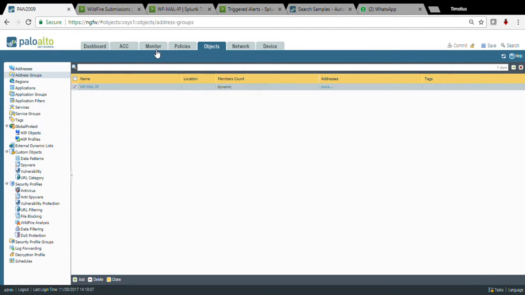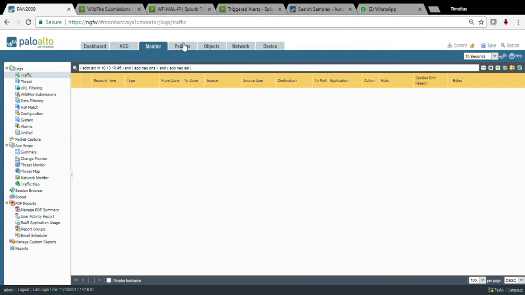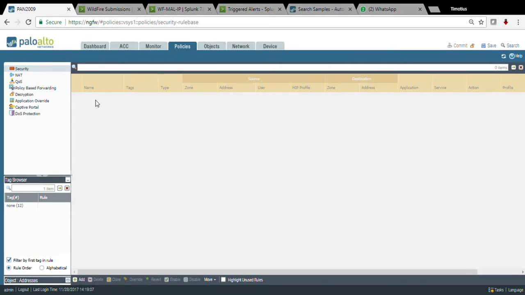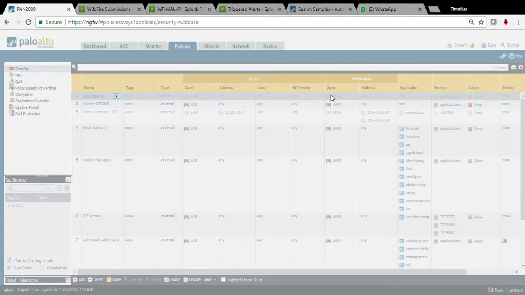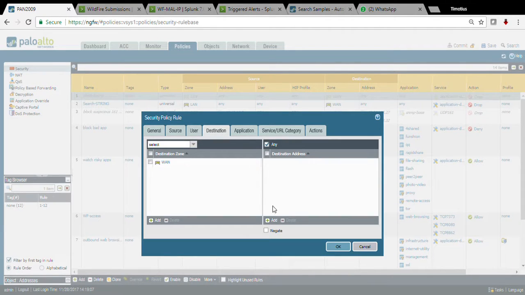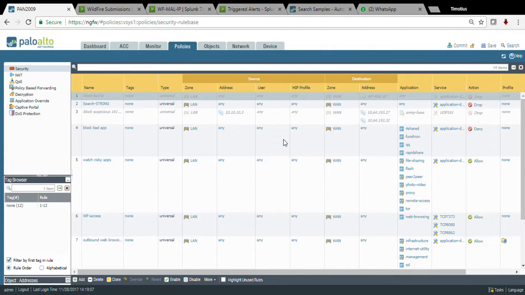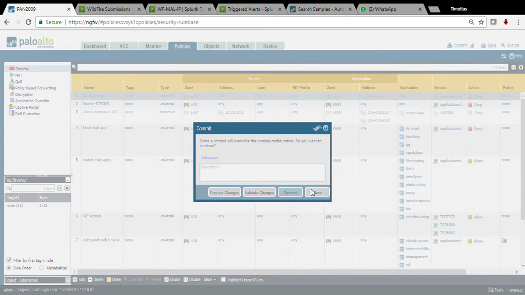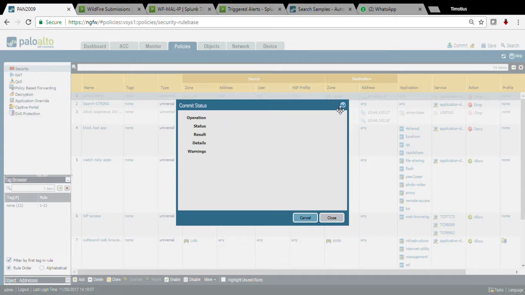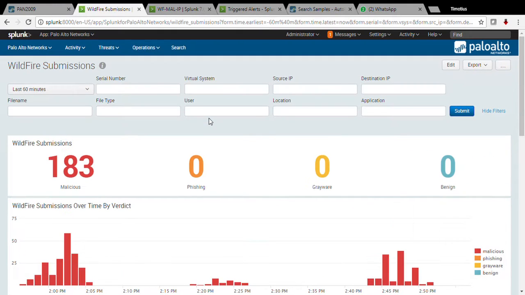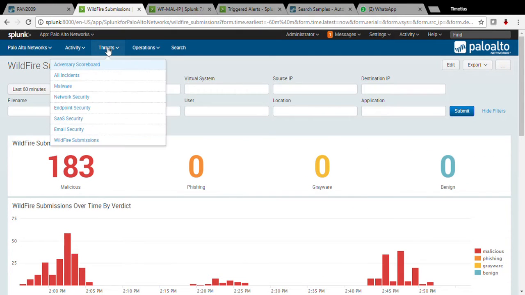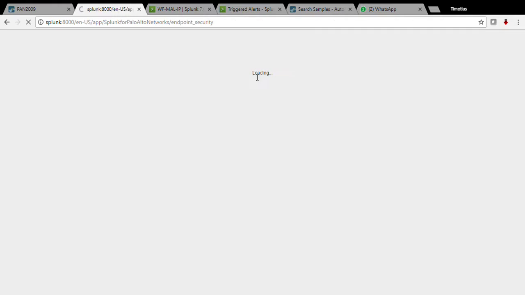And once you have this, you can go to the policy and do the block bad IP, and you can choose the destination and choose the dynamic object from just now. So this is how it works, and you're going to commit and it will block the traffic to that malicious IP. So other than this, the last thing I'm going to show you is the endpoint information, the Traps